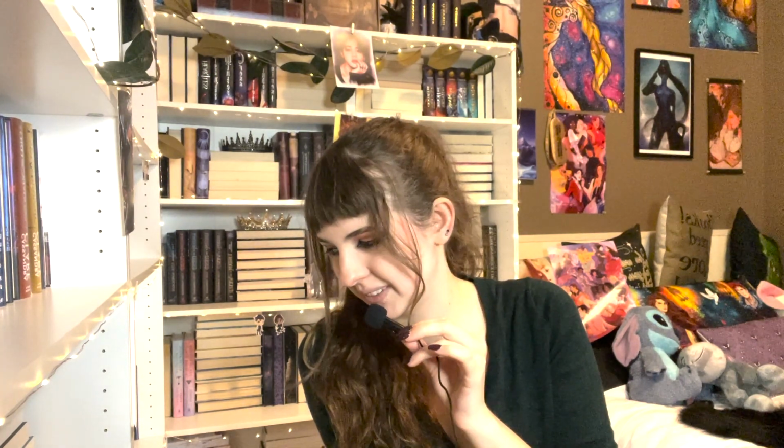I mean, my bookshelf is my personality. This is my bookshelf and I love it and I cherish it, and I do like this aesthetic vibe. I know it's not for everyone. I know some people it really bugs them to not be able to see the spines of their books, but